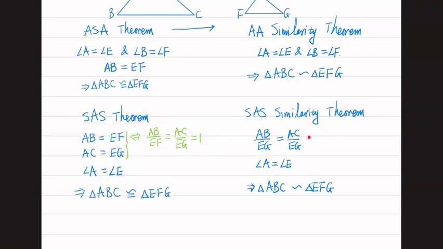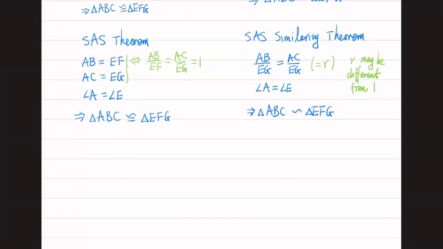If the ratio is anything different from 1, then we have similarity. How do we move from congruence to similarity? And the last one, the one we had in our class,